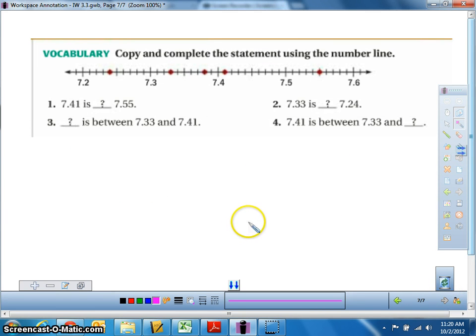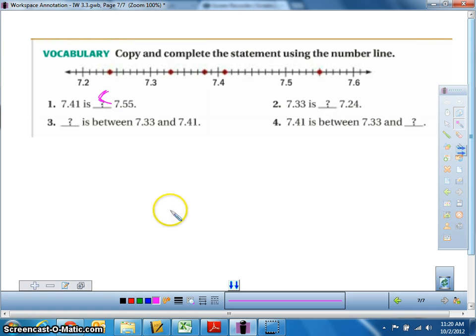Here's our last problem. I want you to go ahead and try this one on your own. You're comparing these dots. These are the dots that we're talking about. Those are the actual numbers. They're on this line. So when we look at 7.41, that's this dot right here, how does it compare to 7.55? This dot. So this dot compared to this dot, which symbol are we going to put in there? Well, it's to the left, which on a number line we know means it's a smaller number. So we're going to put a less than